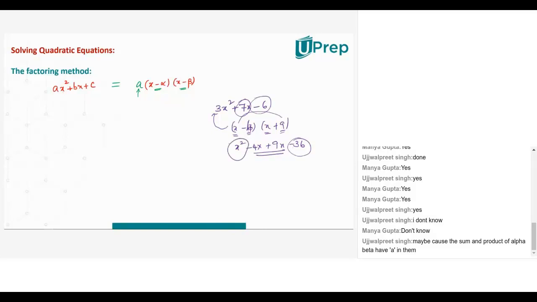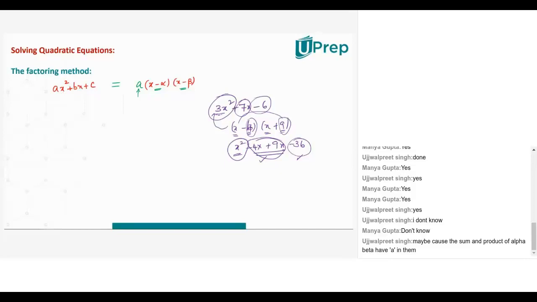I'm getting only x square when I multiply two linear factors. But actually what I need is 3x square. Whatever these constants are, because there are fractions, I just took them as 4 and 9 for understanding purpose. But they may be 4 by something, 9 by 6, something like that. There will be fractions, so these two terms will change. But whatever this 4 or 5 by 3 or 9 or 9 by 6, will they affect my x square term? So how do I make this x square get converted to 3x square?